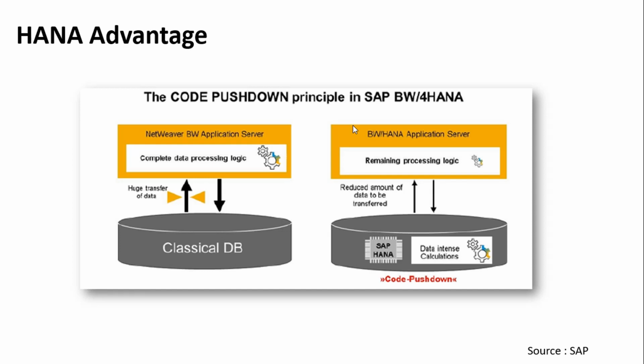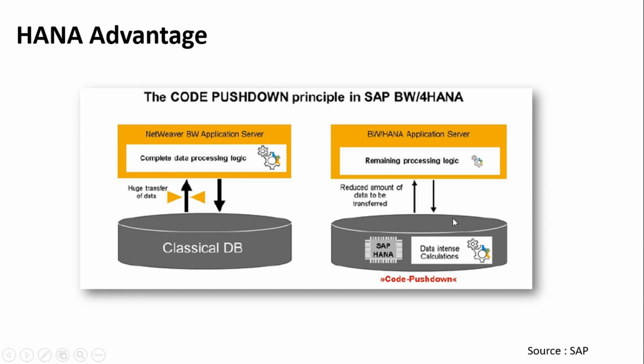One more thing which HANA has done is bring in the concept of code pushdown. What used to happen earlier with NetWeaver is that all the processing logic used to happen at the application level. If you have a complex formula or complex calculation, we used to get the data from the DB and do the calculation at the application level. For example, in the BW case, BW was the application, and Oracle or DB2 was the database. So this input output used to take a lot of effort,